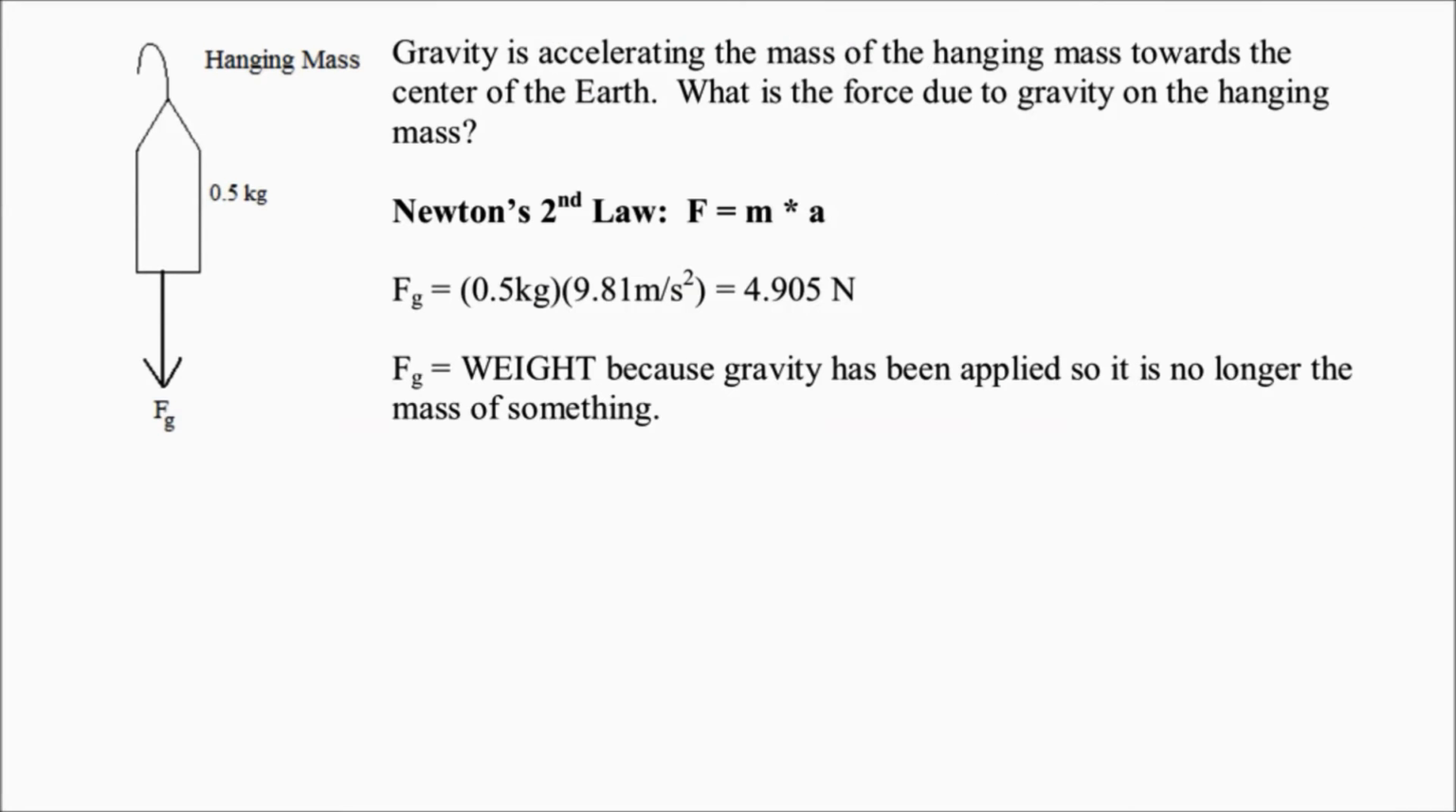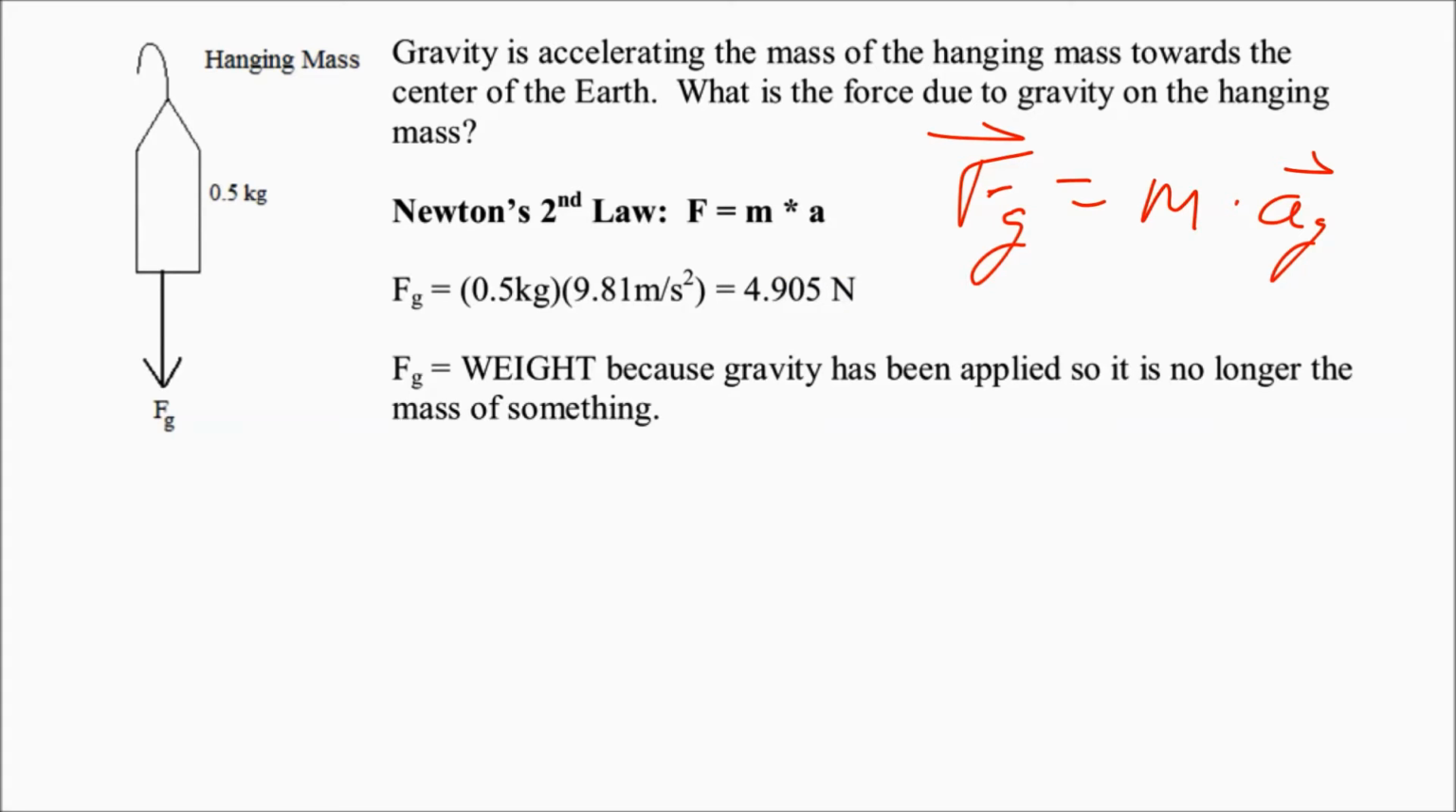Alright, so here's a question. It says that gravity is accelerating the mass of the hanging mass over here towards the center of the Earth. What is the force due to gravity on the hanging mass? Okay, well, up above, earlier in the video, we had the force due to gravity had its own formula, and that was mass times the acceleration due to gravity. And I told you what the acceleration due to gravity was. It was a positive 9.81 meters per second squared. So, we take the mass of the hanging mass, multiply it by the acceleration due to gravity, and we get